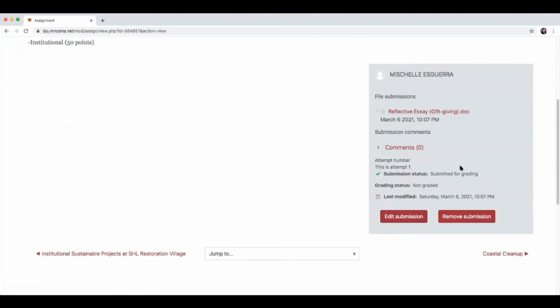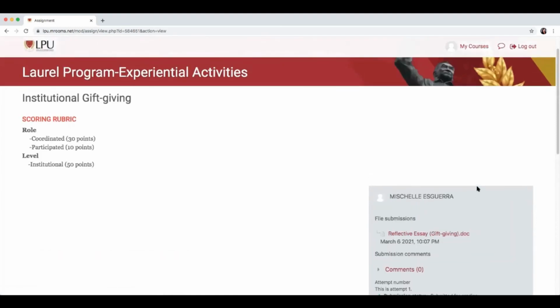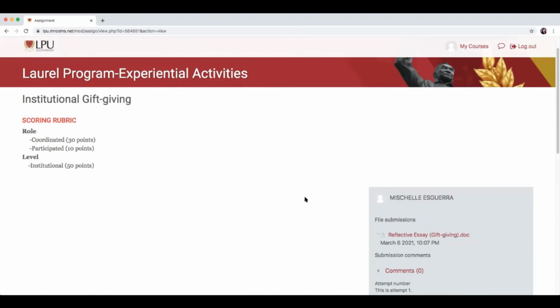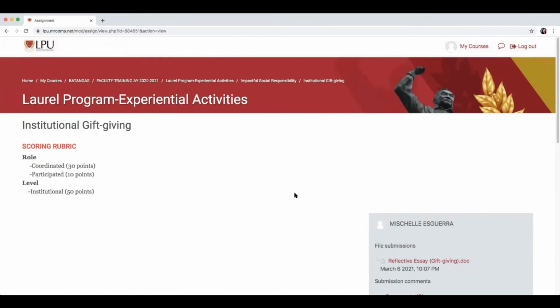So if you want to edit your submission, you just click the Edit Submission button. And if you want to remove your submission, just click the Remove Submission button. Okay. In case that you participated in more than one activity, we also allow multiple submission of files. However, please do contact our assigned committee regarding the maximum submission limit for each activity. Okay.